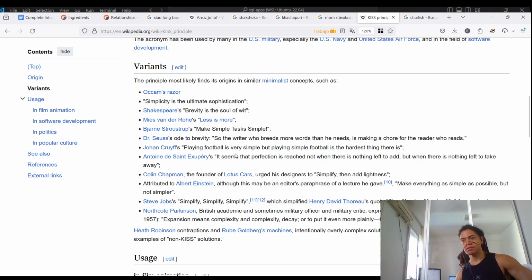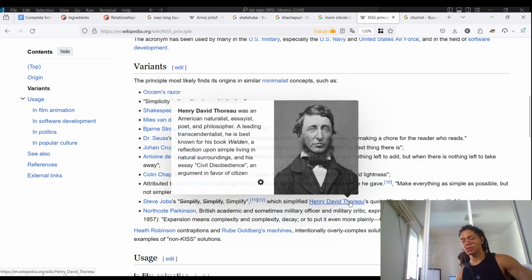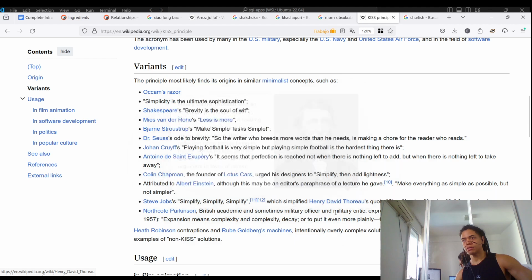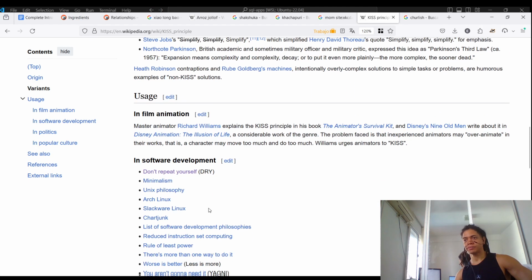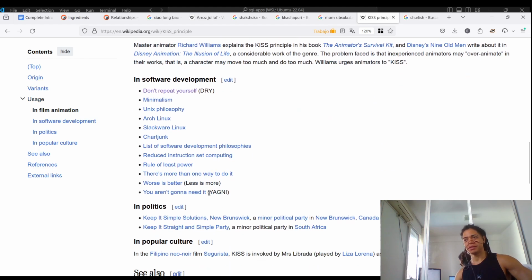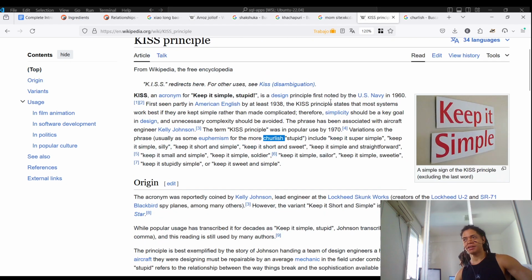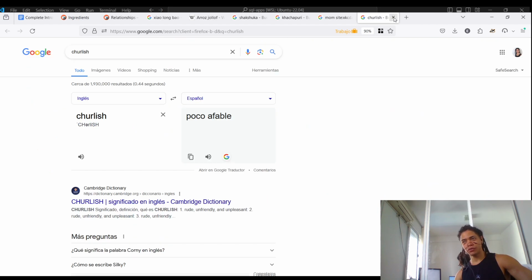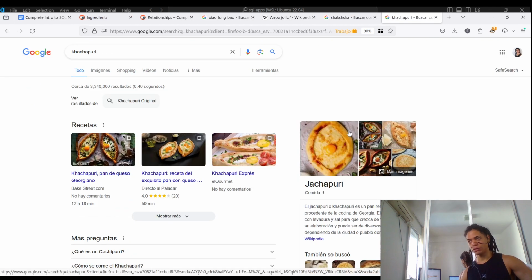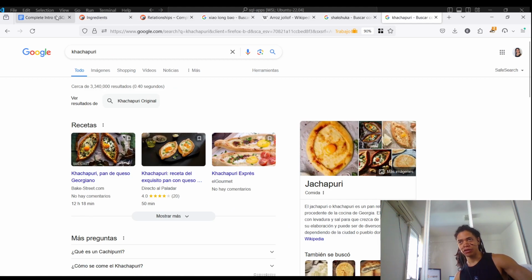Exactly, keep it simple. Henry David Thoreau: simplify, simplify, simplify, for emphasis. So, yeah, simplicity, man, simplicity. That's the reason why, for example, while exploring the relationship here,